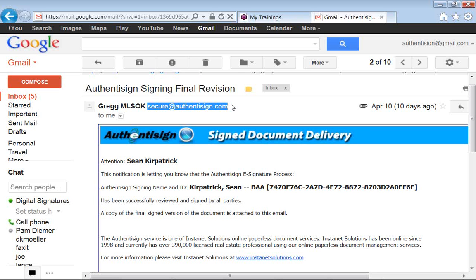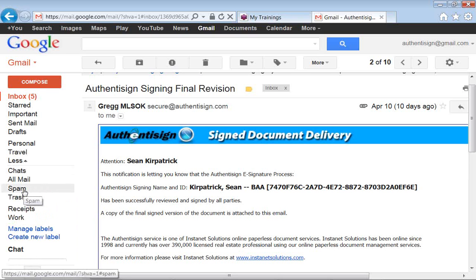So if you are contacted by a cooperating agent or one of your clients saying, hey, you told me that you sent this Authenticsign invitation, or you were going to email me some forms, I haven't received them yet, the first thing you have them do is check their spam or bulk folders, in case their email provider has filtered those inbound messages to a different folder other than their inbox. So you can see I have a few over there: important, sent, drafts. There are a number of different folders that can